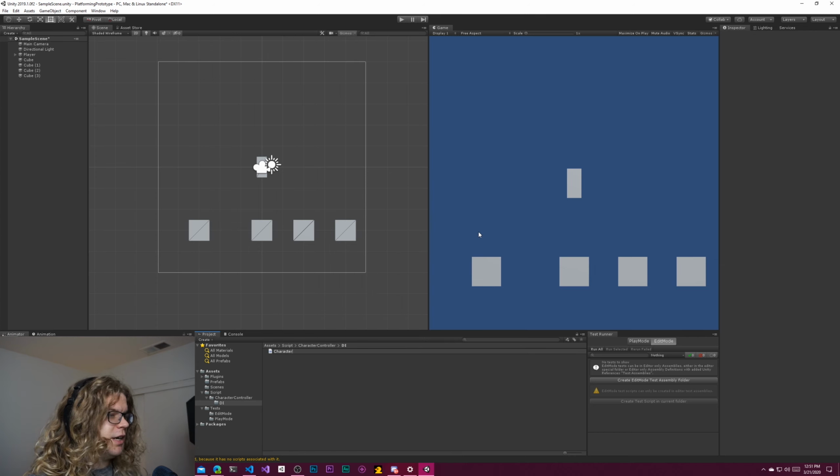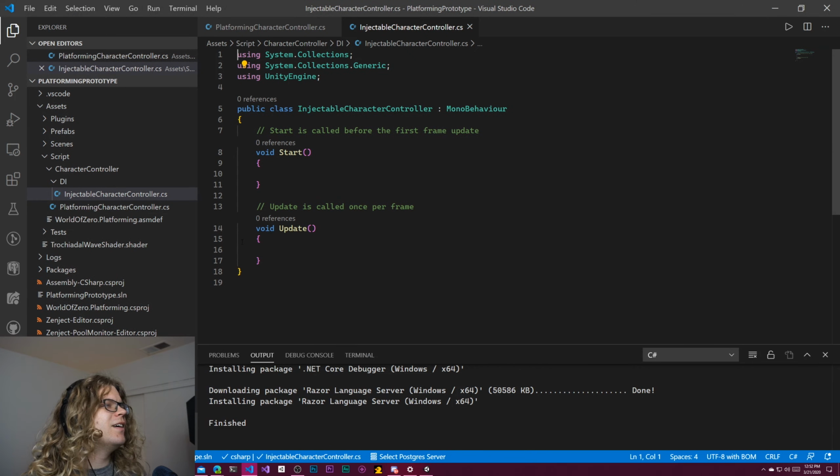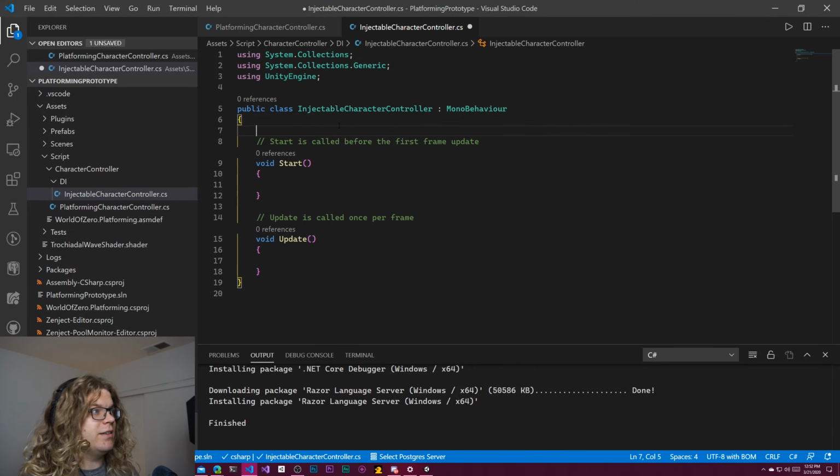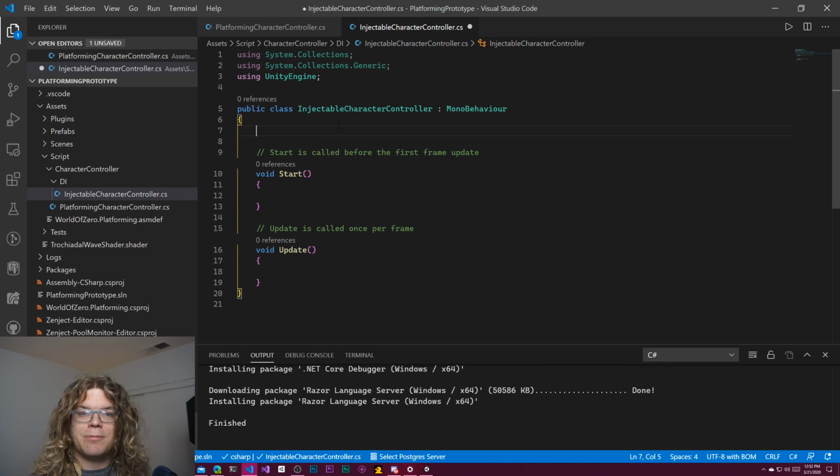So we're going to create our injectable character controller. That's not a good name, but okay. This is going to require a few things. I'm going to make this up as I go, and then we are going to figure it out. So the first thing it's going to have,